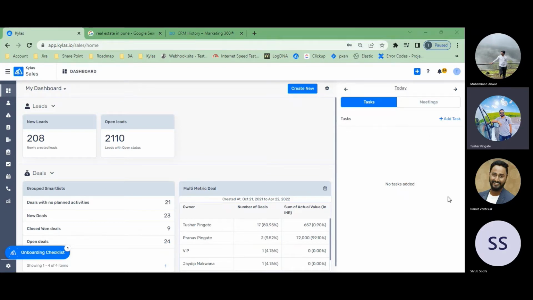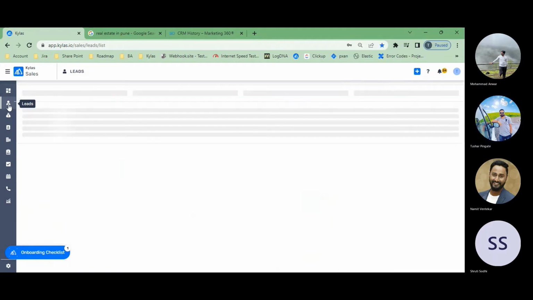So we are happy to tell you that we always consider our clients' requirements, and we bring some features according to the requests that we get. This time, the first thing we have brought for our clients is changing the order of the columns. So if you go to lead,